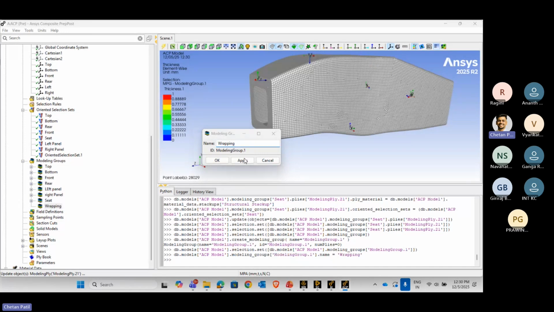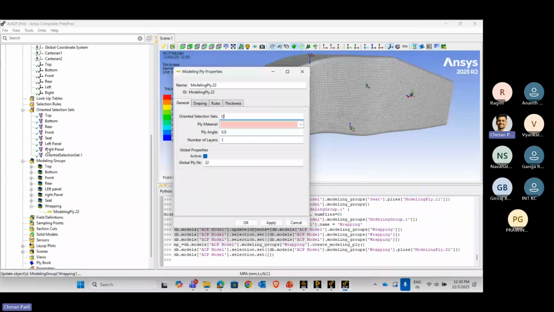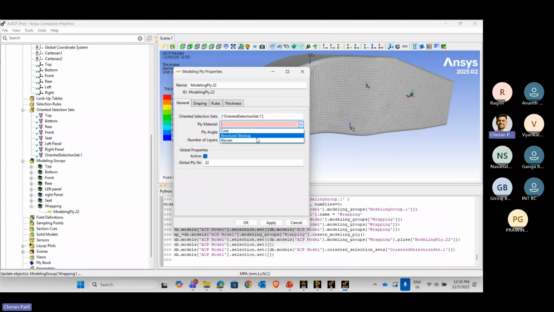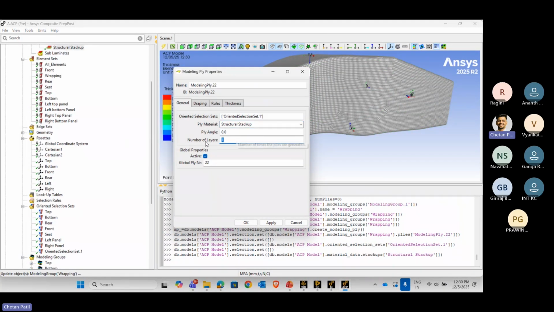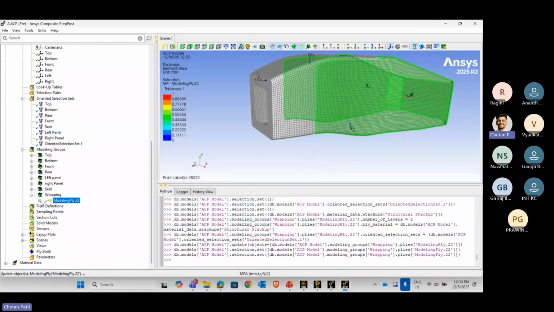that we are going to apply on the overall geometry through the selected element set. So create ply. This would be for the oriented selection set that we named wrapping. This will be just the structural stack up, so there won't be any core present. Just two layers we will be using there. Apply and OK. Once this is done, now you can see we have done the overall